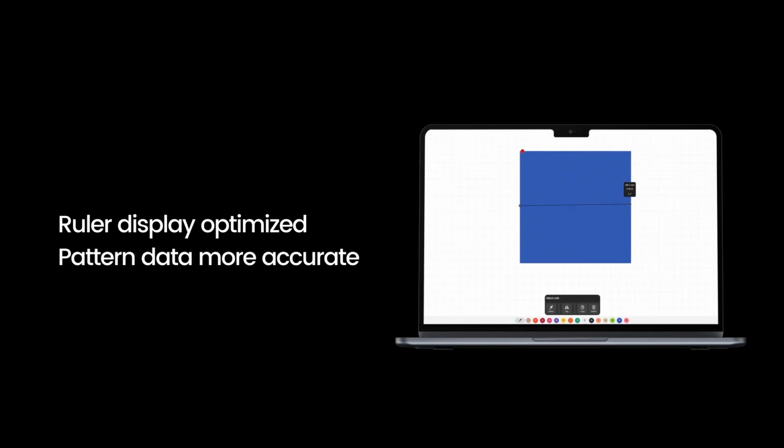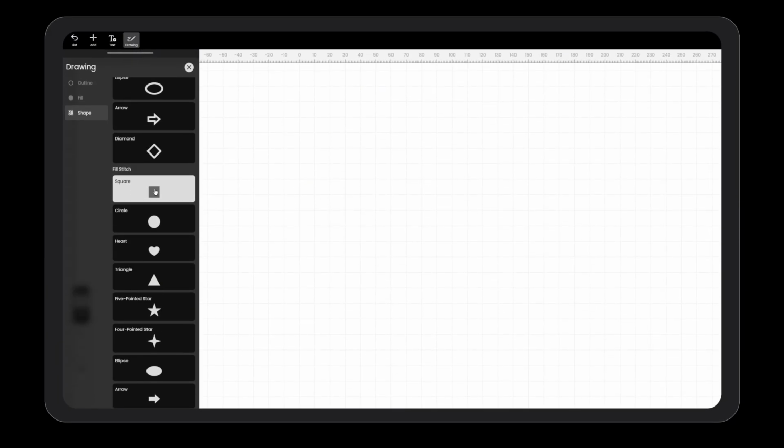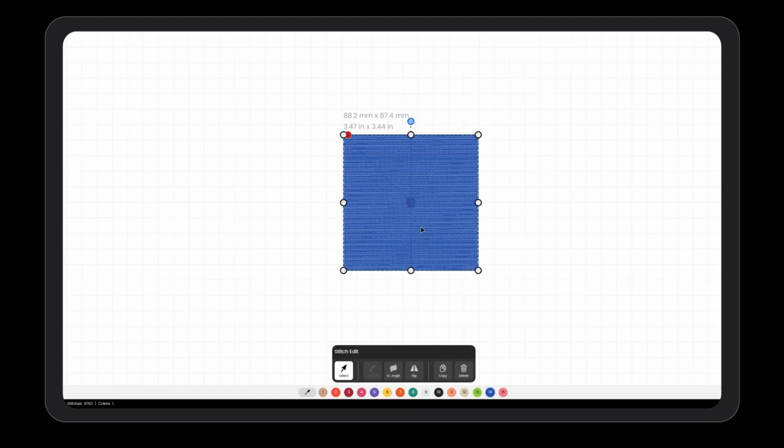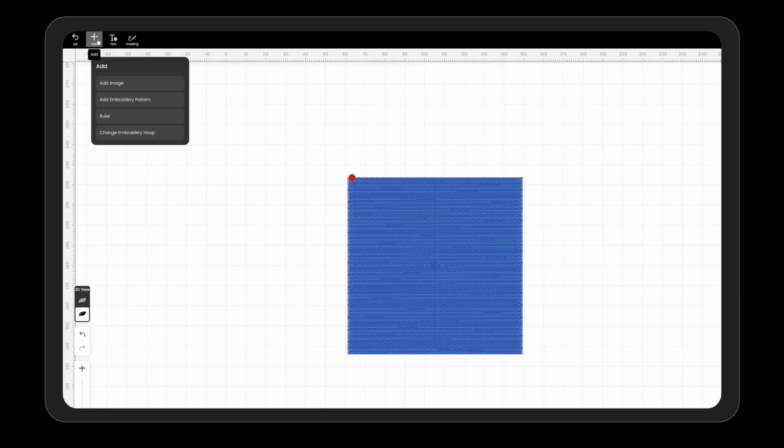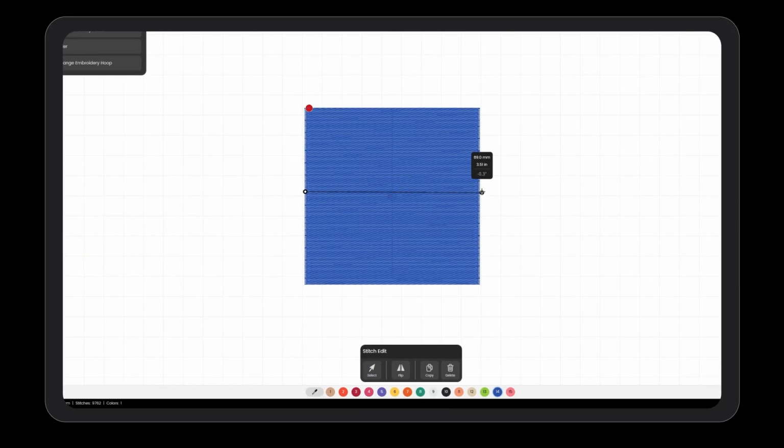Next, 2 useful features were optimized: ruler and pattern data. Returning to the canvas, I draw a random shape. Click the Add button and then click the Ruler button to measure the shape's length in real time. This update fixes issues where the ruler's distance and angle displays were previously incorrect. Notably, the new measurement feature introduces an updated UI that displays both length and offset angle, providing data with precision